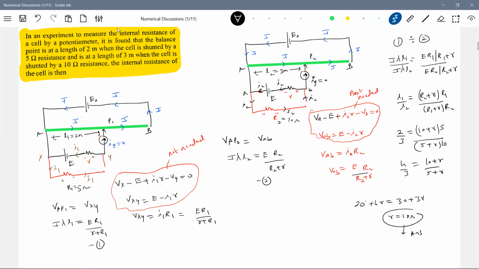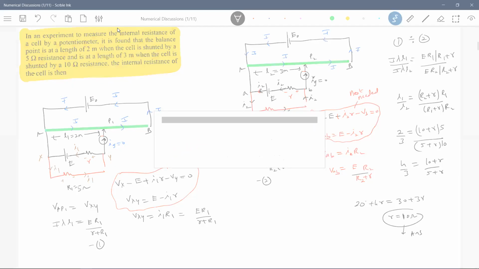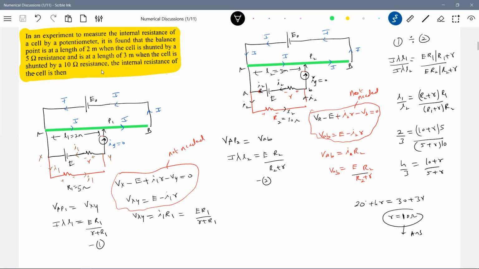Now, once you know small r, can you calculate the EMF of cell? Is it possible to calculate the EMF of that cell? No, may not be. Some more information is needed. So everywhere, in your entire potentiometer, please do take help of this. This is called like a primary circuit. Current will not branch here. So when current to galvanometer is 0, this current in the primary will not branch. I think this will help you.